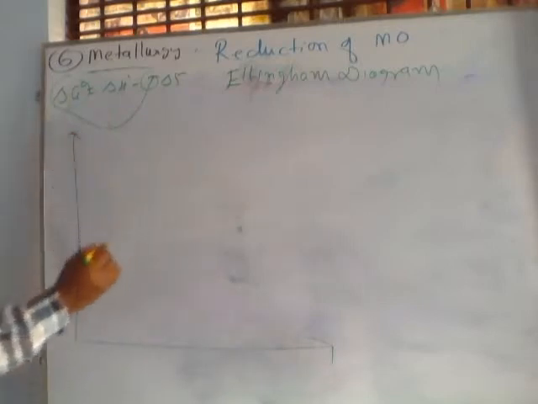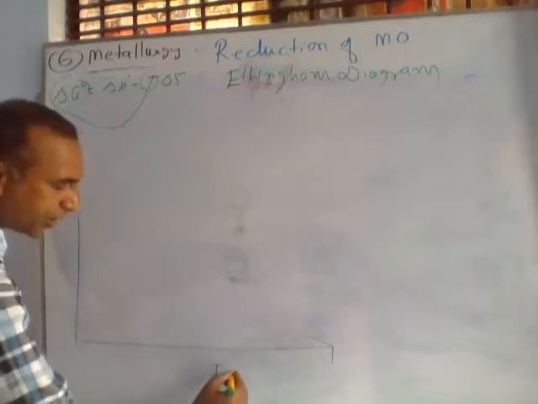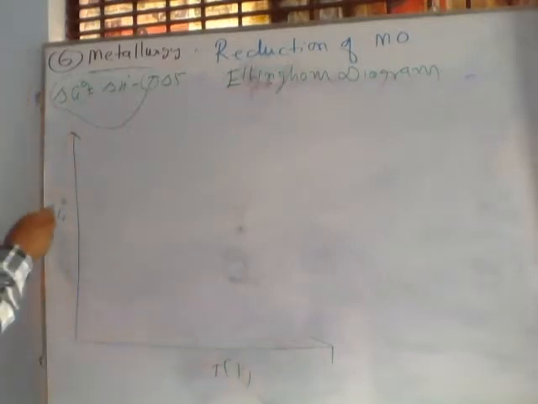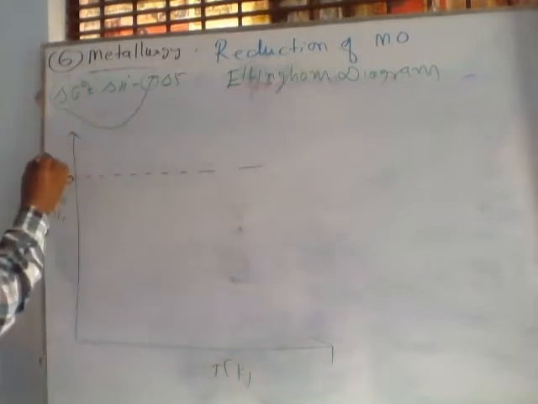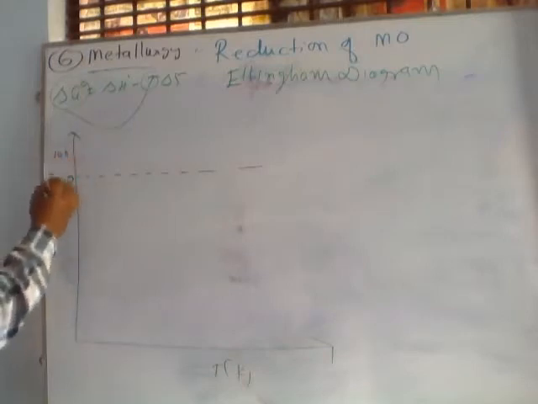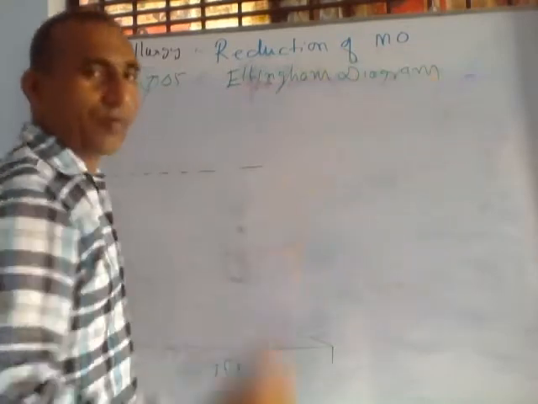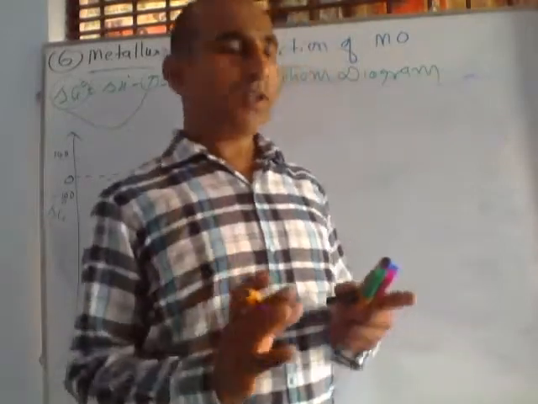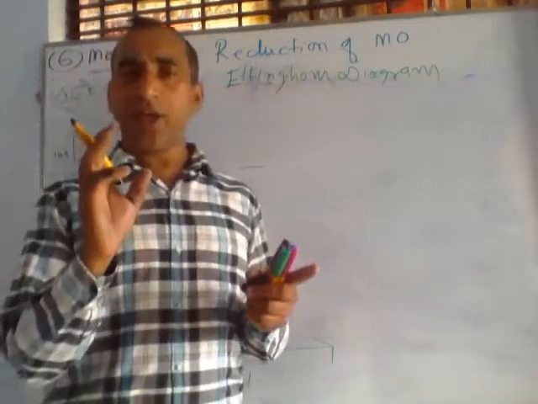Here in the Ellingham diagram, we have two axes. On the first axis del G naught and on the second T, T in Kelvin. Simple. Del G naught, here its value is 0, here plus 100 and below minus 100. Kelvin, 0 Kelvin, 100 Kelvin and so on. So we are only discussing in a rough manner what the Ellingham diagram is and what its significant information is. Listen.